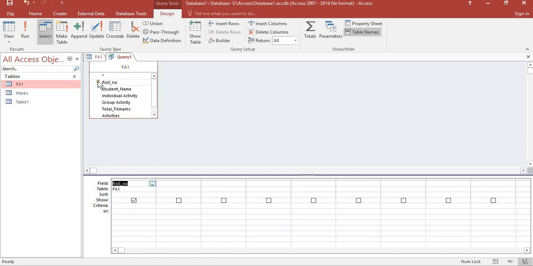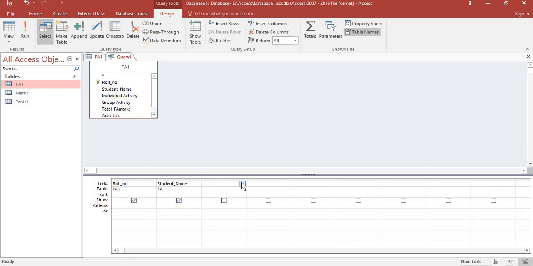Now, click and drag the required field from the table. First of all, if we want to add roll number, I can click here and drag it down here and then just leave it. It will be added. Now I can repeat the process or I can do one more thing.